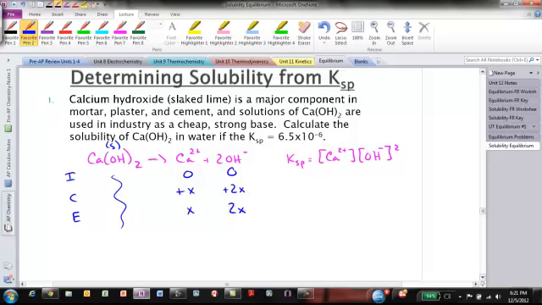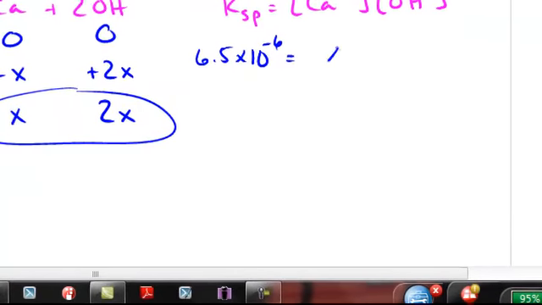Okay? And if you think back to what we just got done, whatever our solubility of Ca(OH)2 was, it was a 1-to-1 ratio with the calcium ion. So what we're going to do is go find x, and then that's got to be the same. It's got to be a 1-to-1 ratio. That's the solubility. Okay? Because the solubility is how much did dissolve, and these are dissolved. These are ions. So all we're going to do is go over to our Ksp and plug in everything we know. 6.5 times 10 to the negative 6 equals Ca2+ is an x, OH- is a 2x,